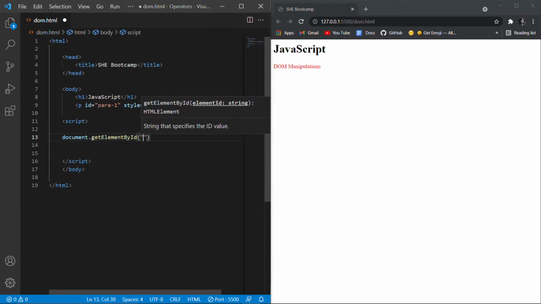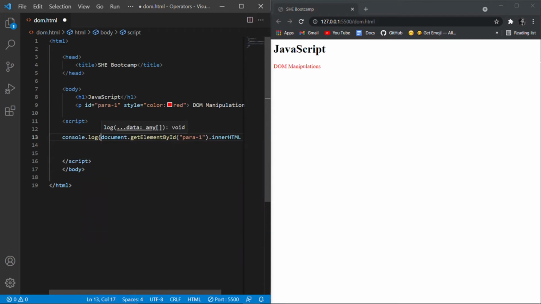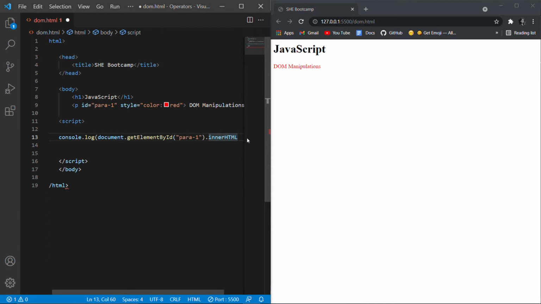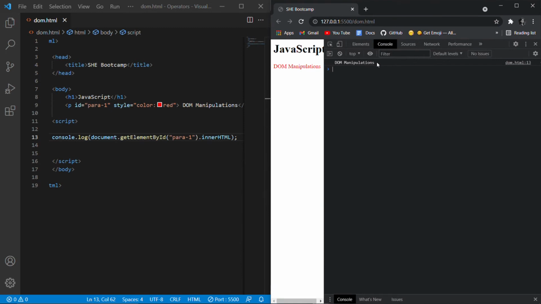So write its ID, para1, and write dot innerHTML. Let's see if we get the content. We can bring it to the console and check. Okay, see console. Yes, we get the content.